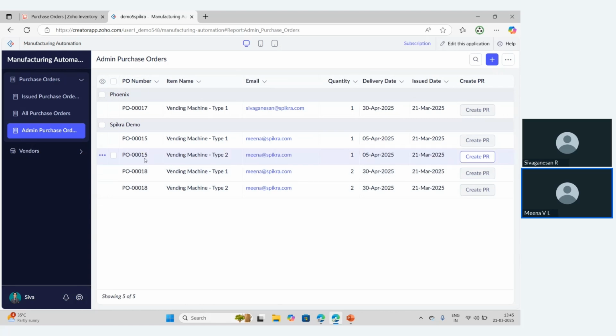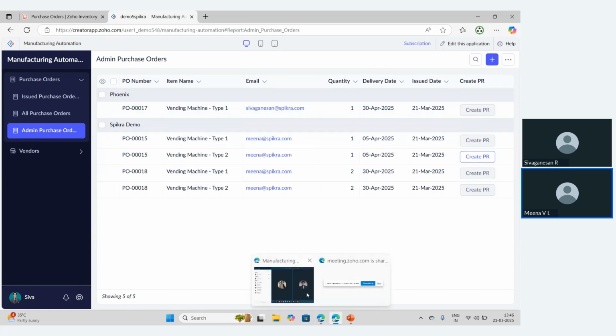And this is completely automatic. So there is no manual bucket creation for Spicra separately, for Phoenix separately. So it is all automated. So now I will go to the,